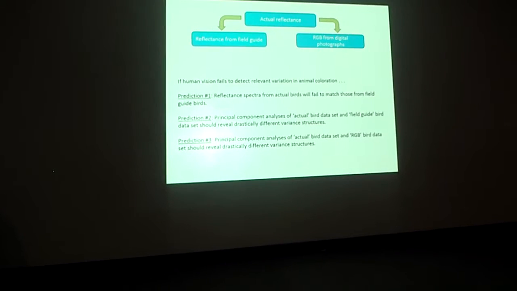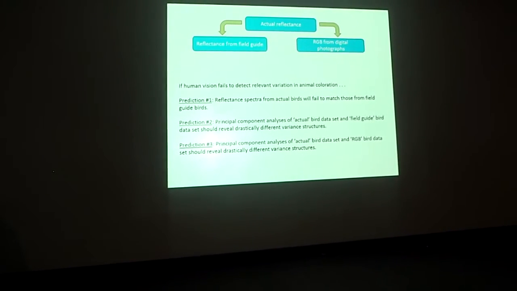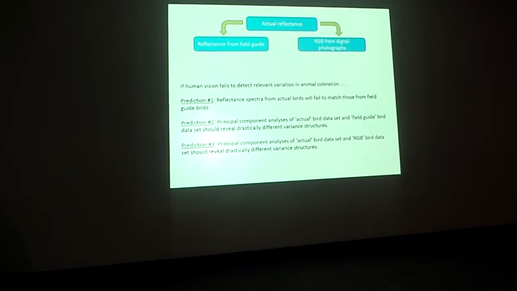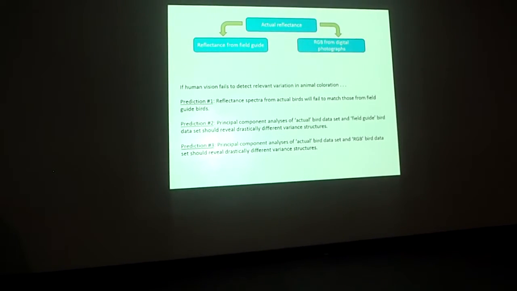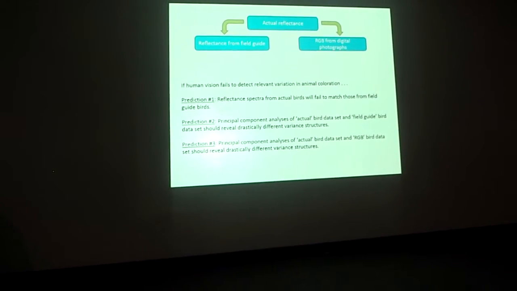And also, for the principal components analysis, if you have principal components analyses of the actual reflected spectrum, the field spectrum, and the RGB data, then if human vision is doing a poor job, these should reveal drastically different variance structures in the way that the PCs load onto the various things and the proportion of variance accounted for by each of them. Okay, so